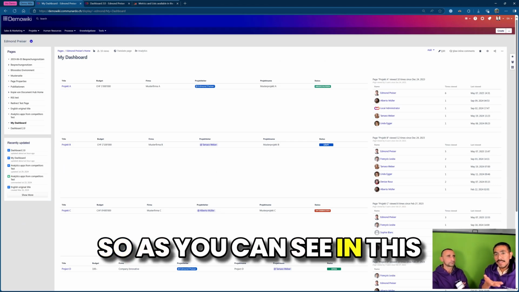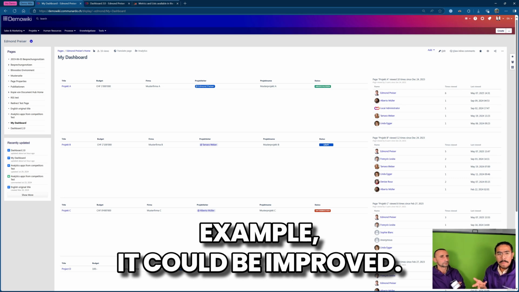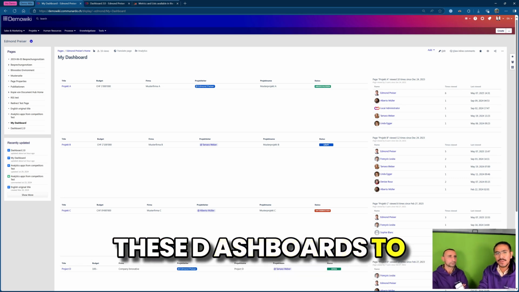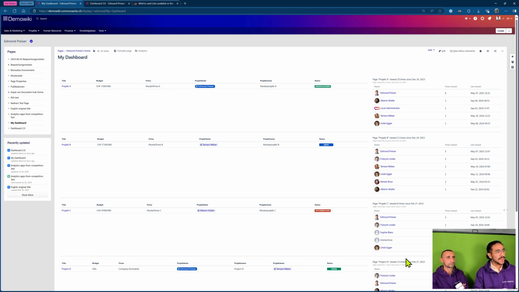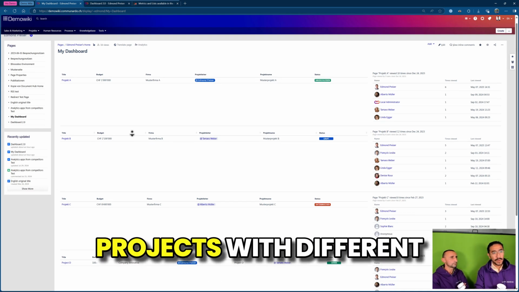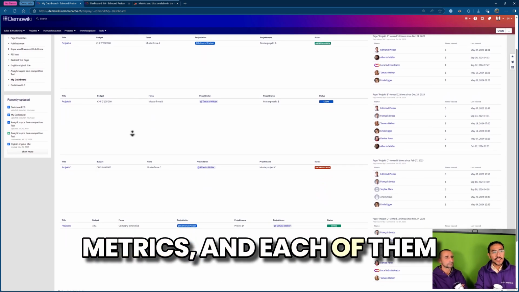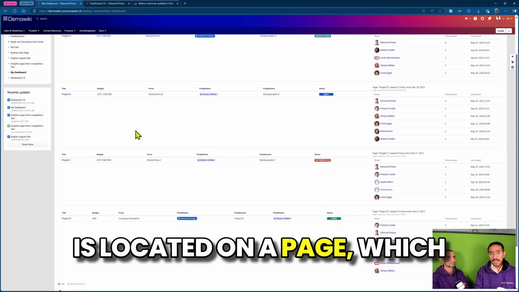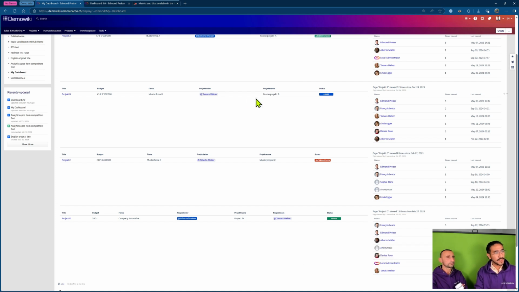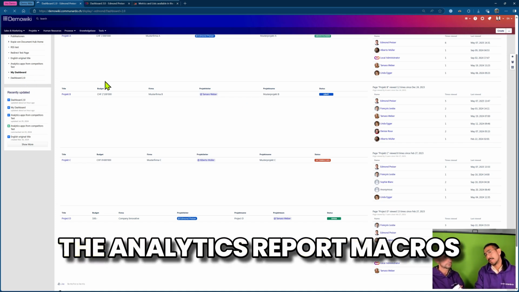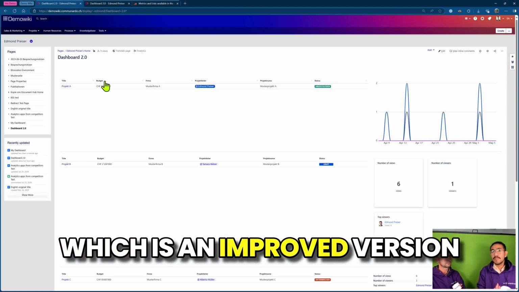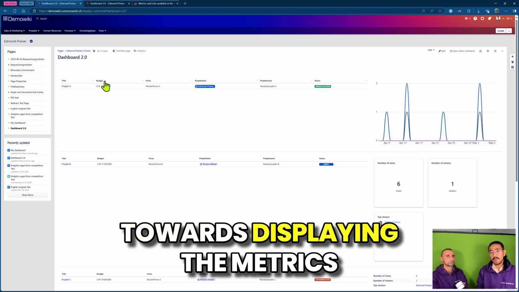So as you can see in this example, it could be improved. A lot of customers created these dashboards to gather all the information from the desired pages. For this example, it's different projects with different metrics, and each of them is located on a page with, of course, its information. For this, we created the analytics report macros, which is an improved version towards displaying the metrics